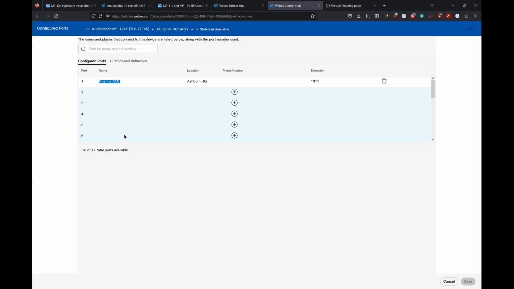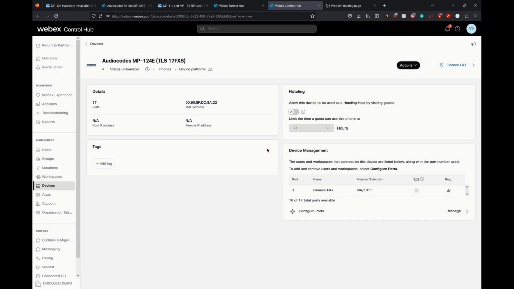Now if you want to assign a different primary line to this device, then basically you need to delete the device and add it back with a different space name or workspace name. Okay, so remember to assign a correct first line